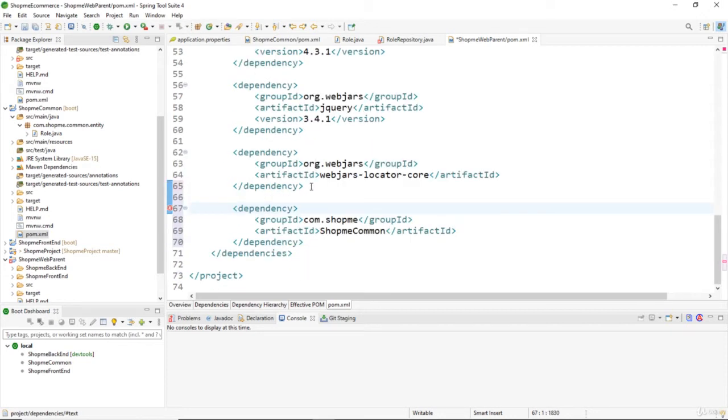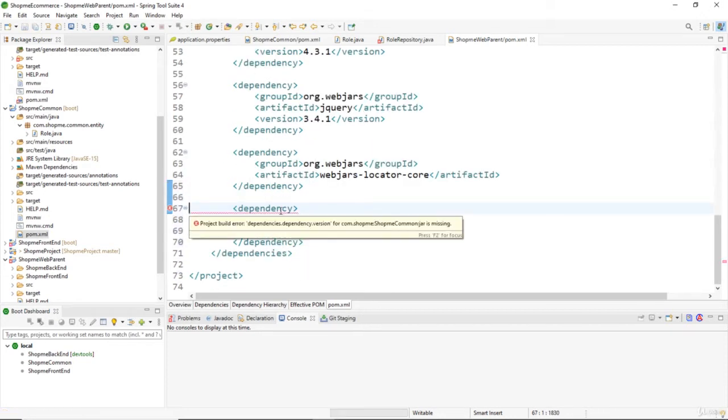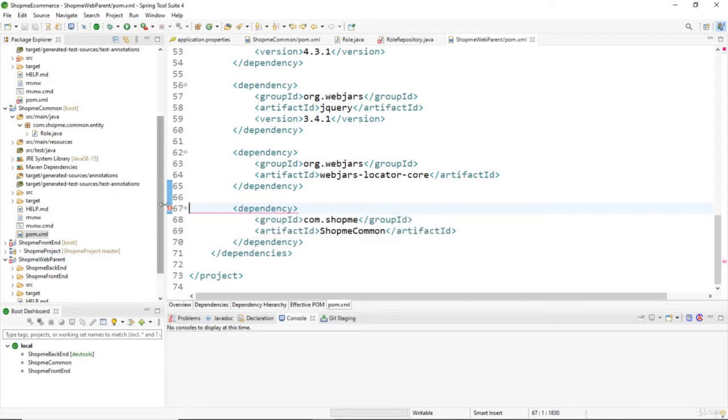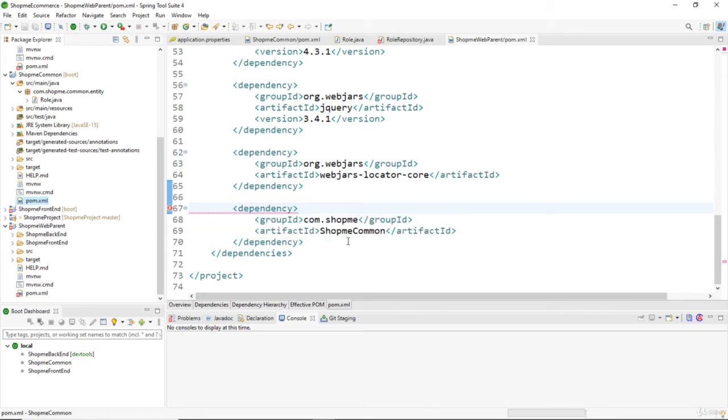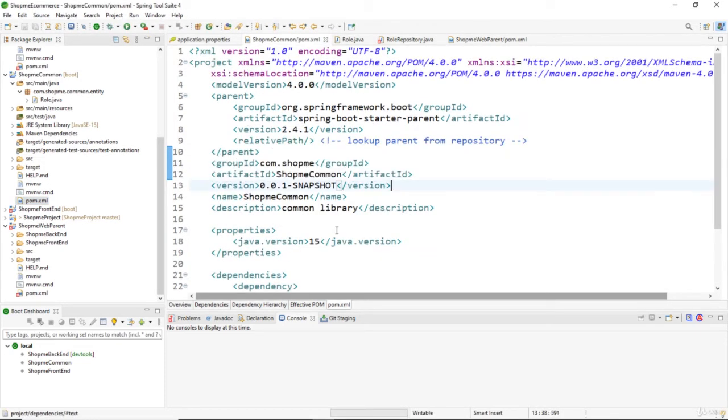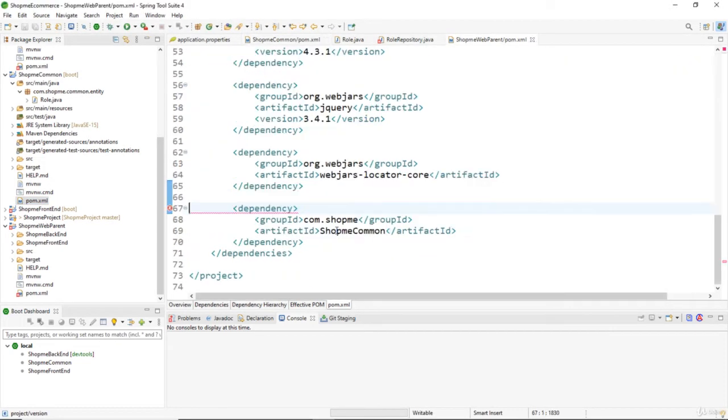Okay, and save the change, and we need to review the project. Sorry, we need to specify the version, so also copy the version number here. Okay,